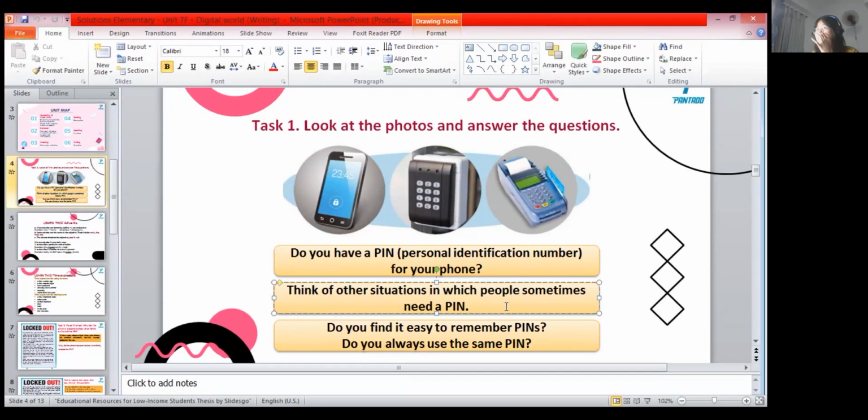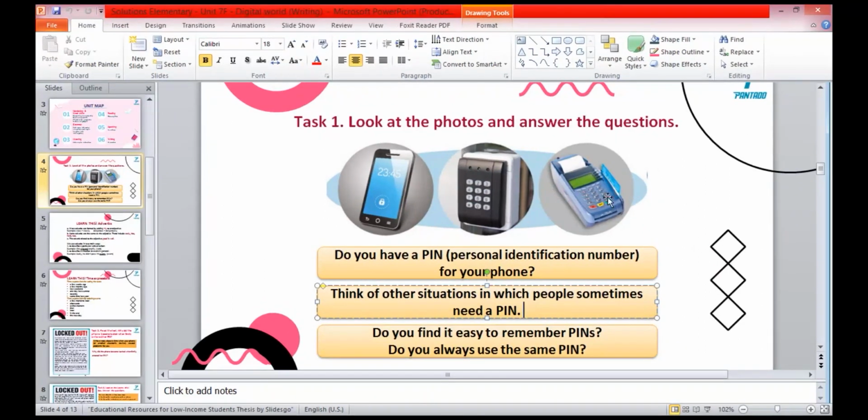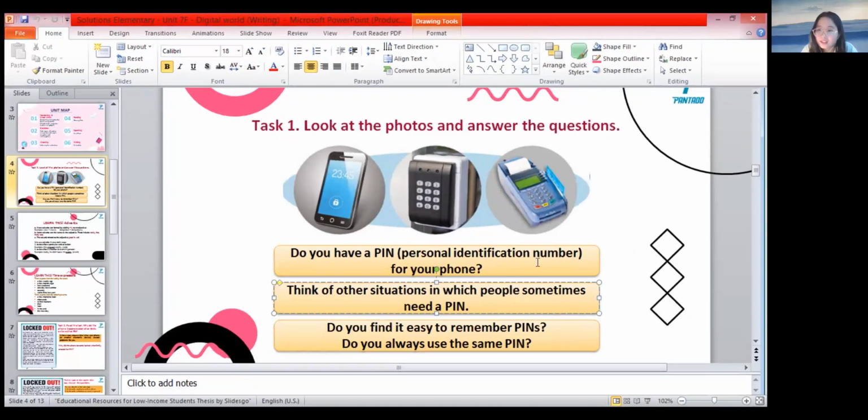No? Do you know, with the credit card, when we want to take the money from the ATM, we have our own PIN, and we press the personal identification number so that we can take the money out of the ATM. So in the credit card, everyone has their own PIN. The credit card is like this, you save the money in the credit card.